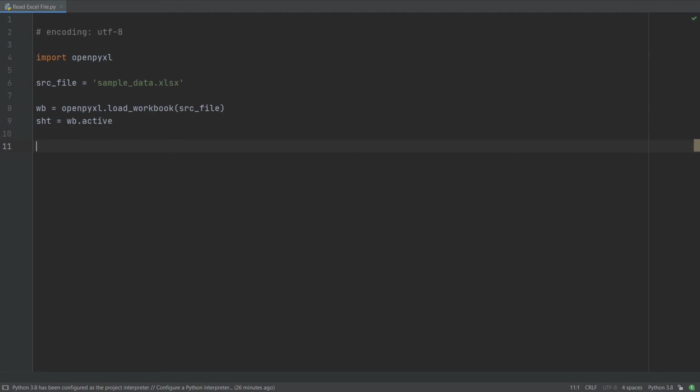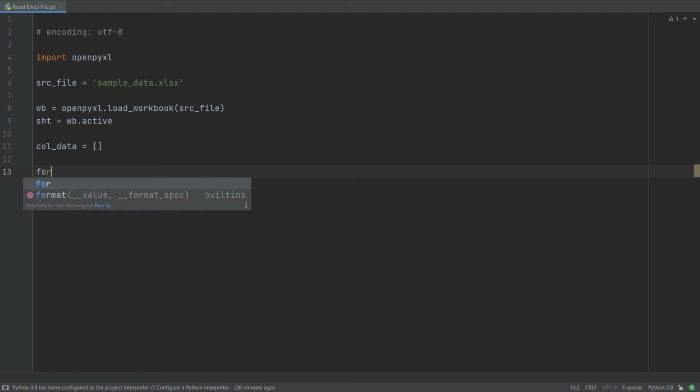So now what we are going to do is create a variable. I will say it is an empty list which will hold the data of all the rows in the sheet. So I will have to iterate over all the rows in the sheet. So for row in sheet,